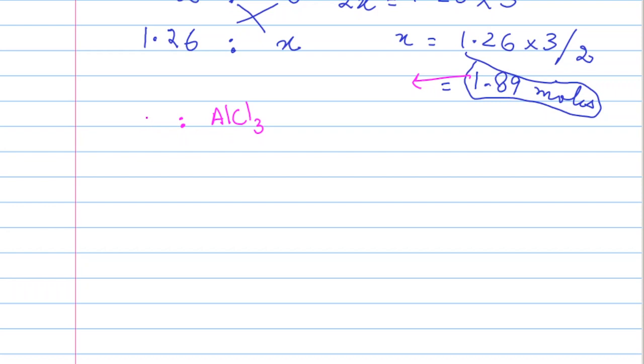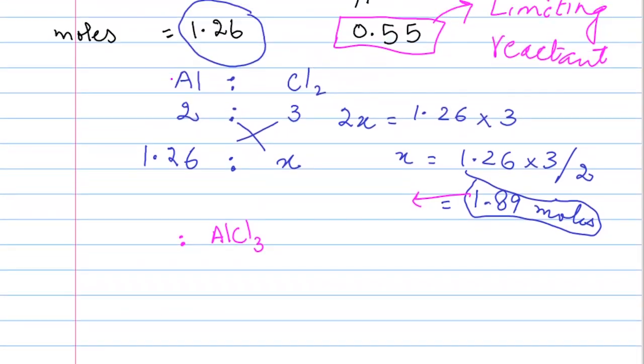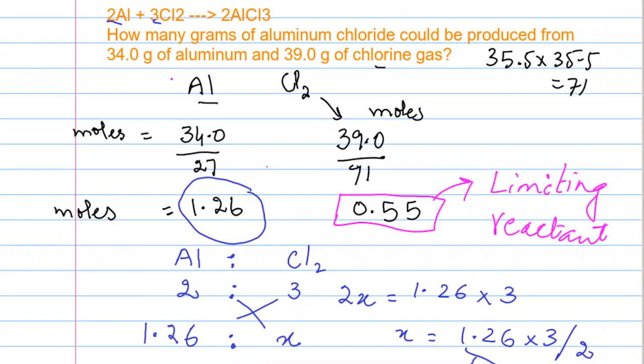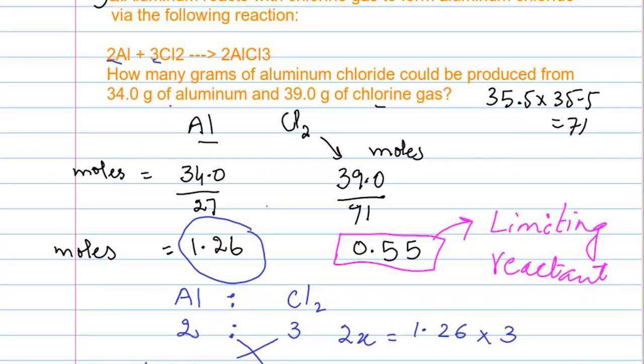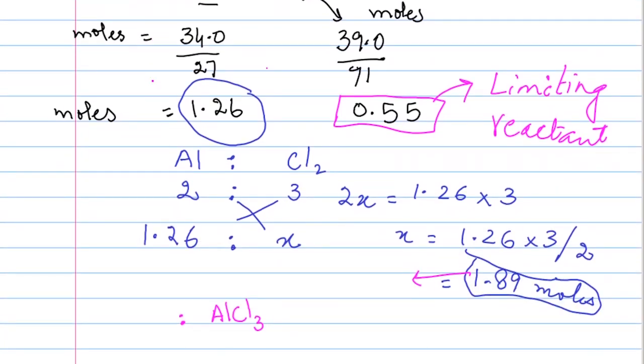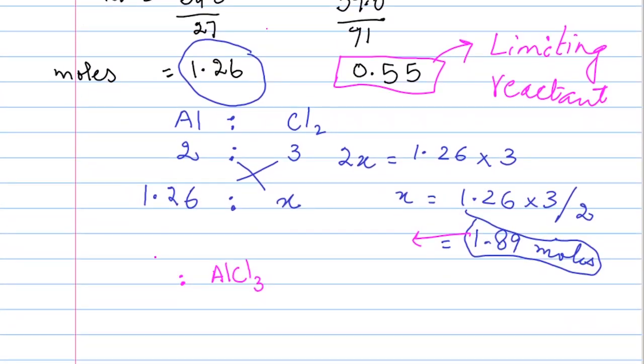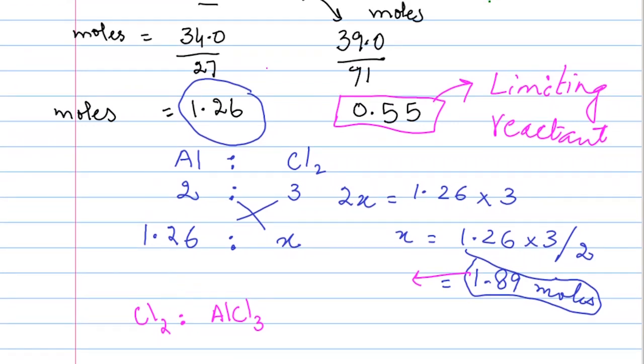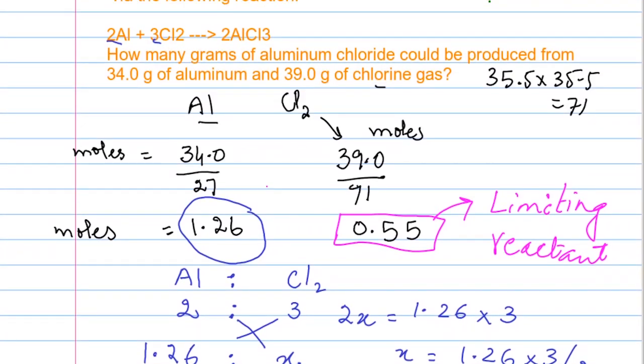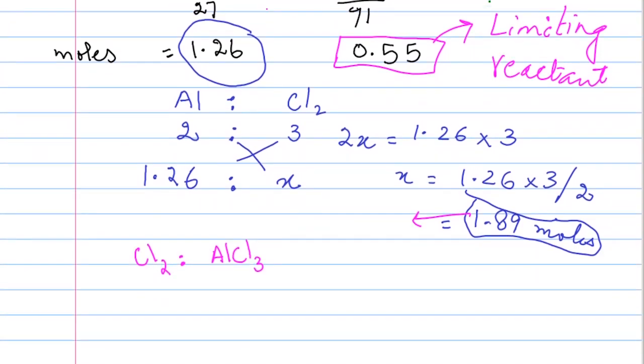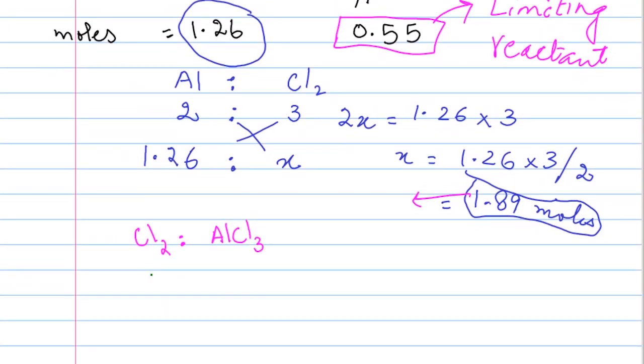I have the moles of both reactants. By using the limiting reactant Cl2, we will calculate the moles of aluminium chloride. So Cl2 is our limiting reactant. We will put the values here and get the answers. From the equation, first of all, we get the moles: 3 moles of chlorine will react to give 2 moles of aluminium chloride.